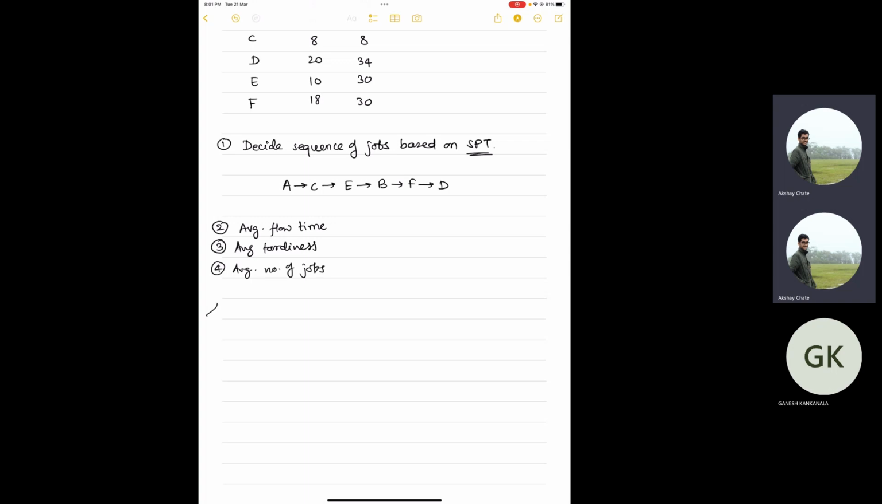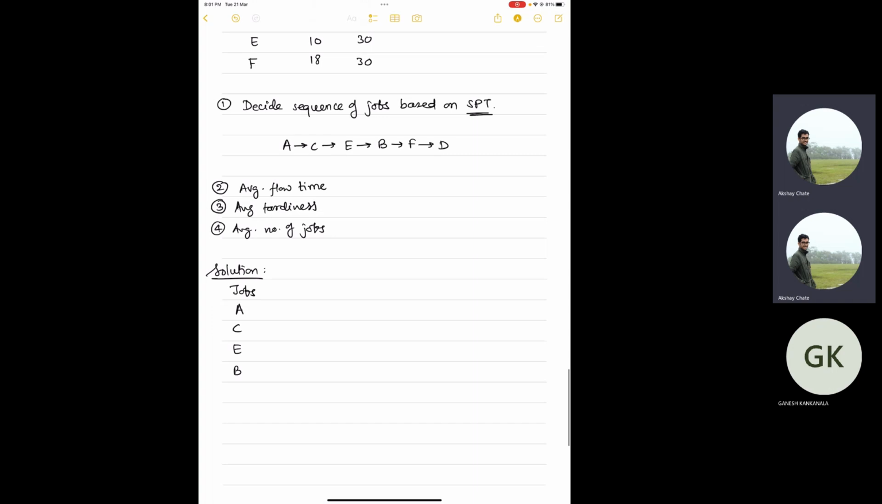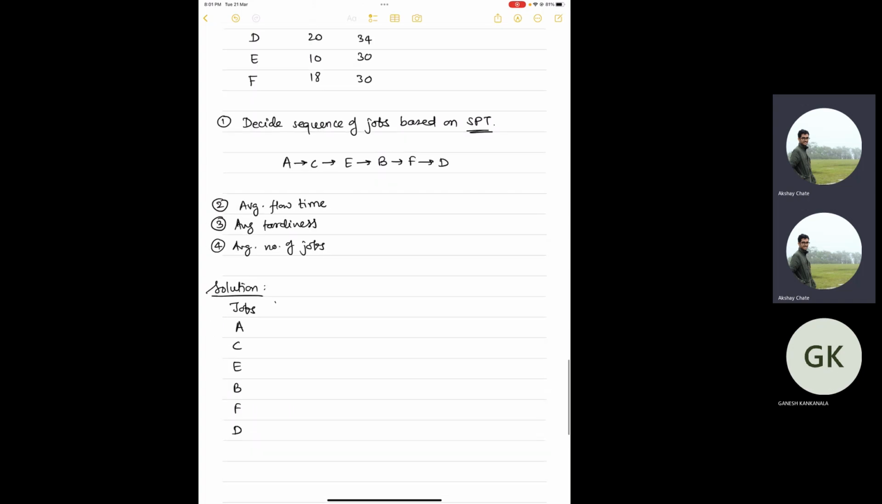So the solution goes as follows. Again, now you have a different sequence. Earlier it was alphabetical. Now, based on the shortest possible time, you need to change it to A, C, E, B, F, D. So the thing that I was suggesting earlier is, now you'll have to write the processing time